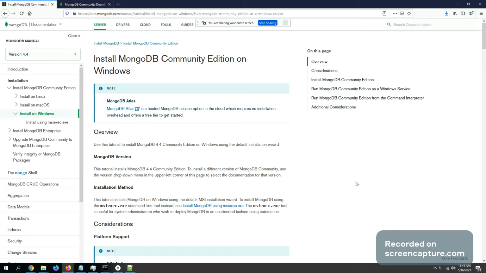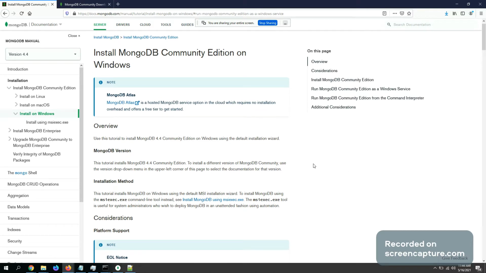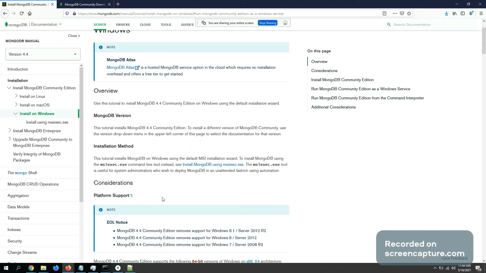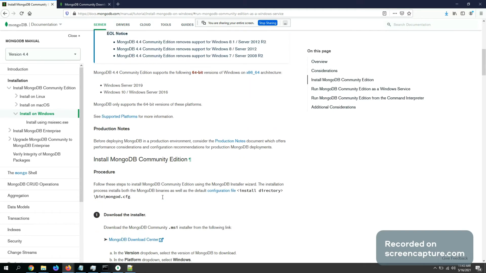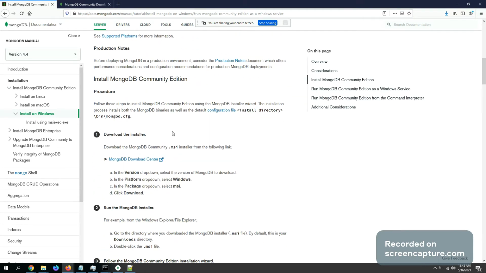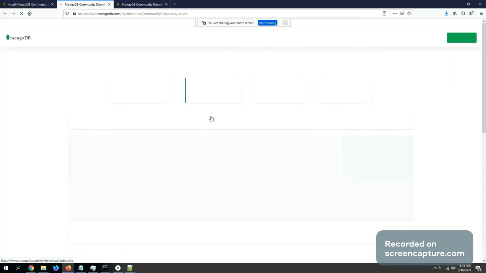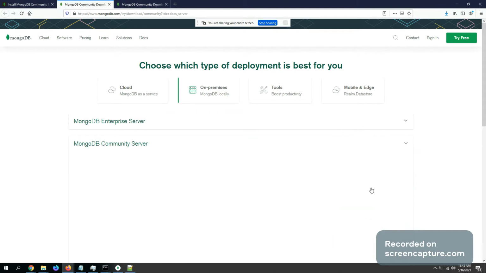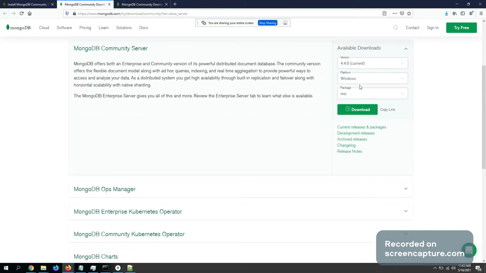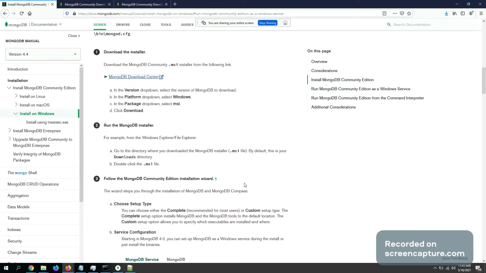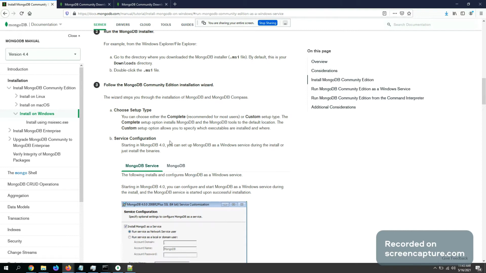Okay, so to start with the first step. This is the page where it pretty much has everything on how to start with the installation of MongoDB. So you go here, install MongoDB Community Edition. You can go to the MongoDB Download Center to first download the 4.4.6 current version. This is the latest version. You can download the MSI installer file and start installing it, and as usual, you click next, and you follow these steps.